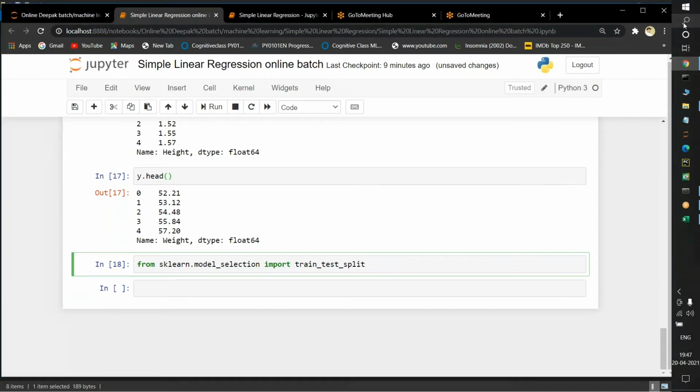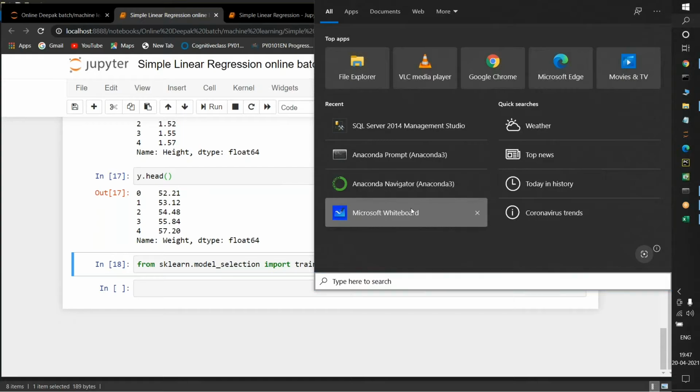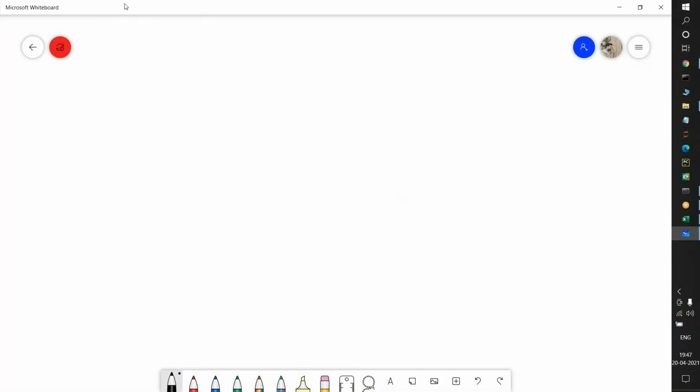This is one of the most important interview questions: why do we use train test split? Suppose we have 15 rows. We divide the data into two parts.